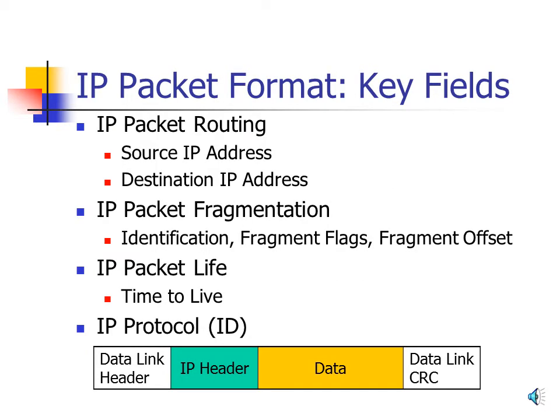IP packet format key fields. At the bottom of the slide, we have a block diagram of a complete data frame or data packet. The yellow part is the data, the green part is the IP header, and then the white blocks, the data link header and the data link CRC, represent the Ethernet headers. In the data is an upper layer protocol, upper layer from IP, and generally that would be TCP or UDP